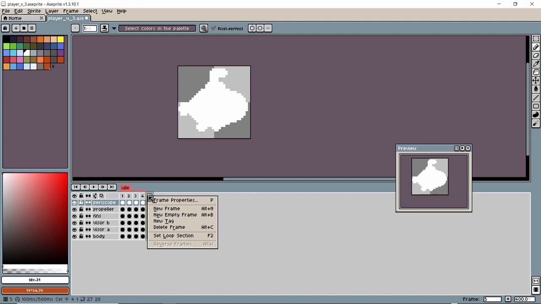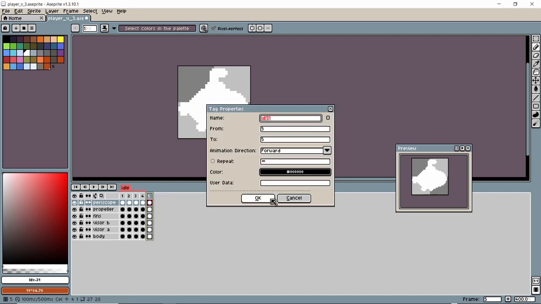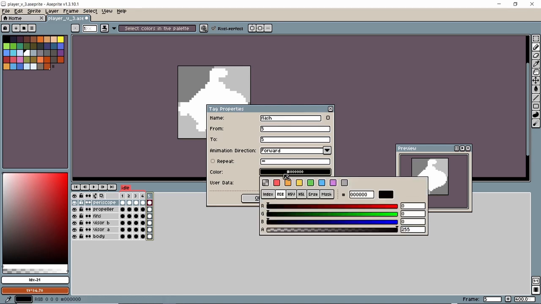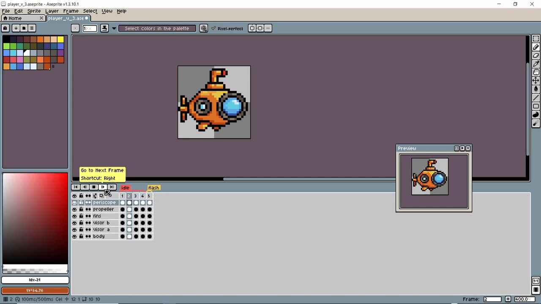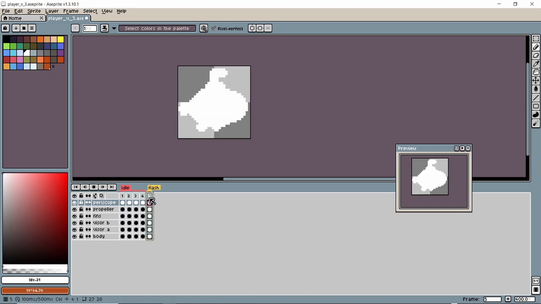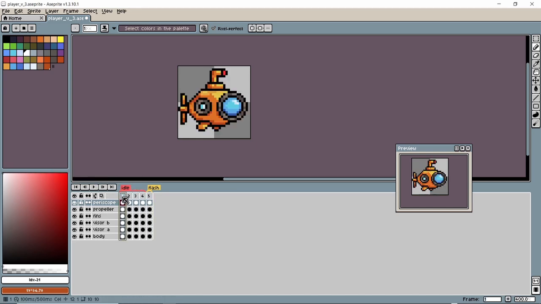So right click on this, add a new tag, and I'll call that flash, and we'll set this to yellow or any color and say okay. So this is our flash animation. So this is our idle animation, and this is our flash animation. So if we play everything, let's go back to 1. This is idle playing, and this is flash. It's just one single frame, so it's not playing. So now that we have this nice little animation, we can even do, if we want, we can move our object forward and back a bit, but I just feel this is okay, and don't want to do any overkill. If you wanted to export this,